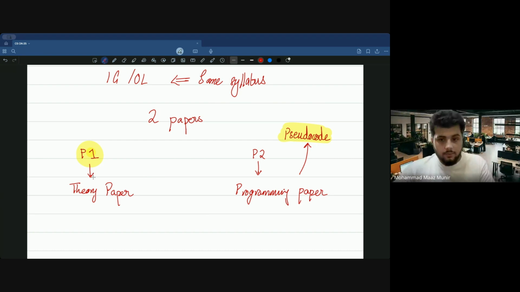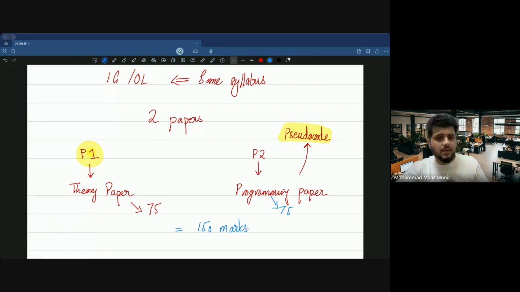We have the paper 1 and then we have the paper 2. The paper 1 is the theory paper, which I tend to call the theoretical paper. And then we have the programming paper, which is more of the pseudocode paper now. So the theory paper is of 75 marks. And the programming paper is also for 75 marks. So the total you have is 150 marks,